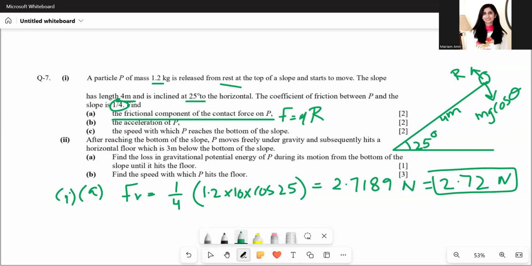Okay. Part B says find the acceleration of P. How do we find the acceleration? Yes, forward minus backward is equal to ma. Forward is the sine component of the weight. Back